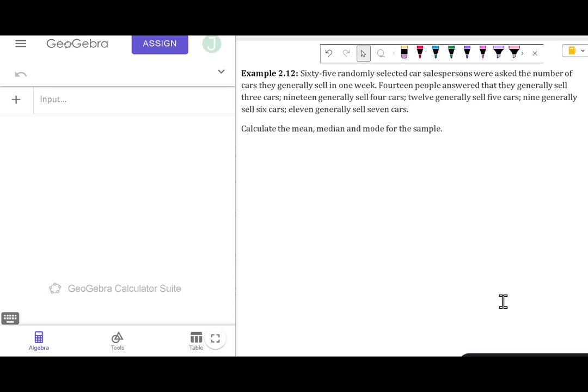Hello. In this video, we will look at how to calculate the mean, median, and mode, or the measures of central tendency, or measures of center, for a frequency distribution. The example says 65 randomly selected car salespersons were asked the number of cars they generally sell